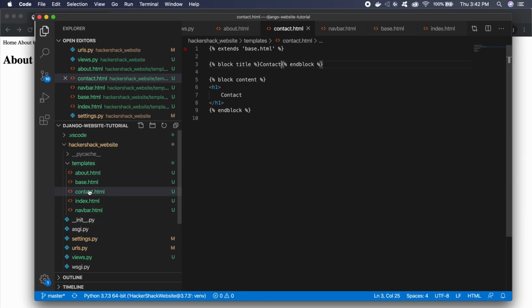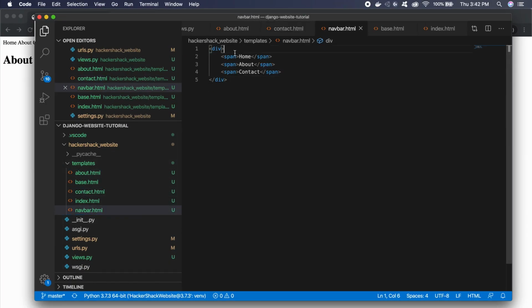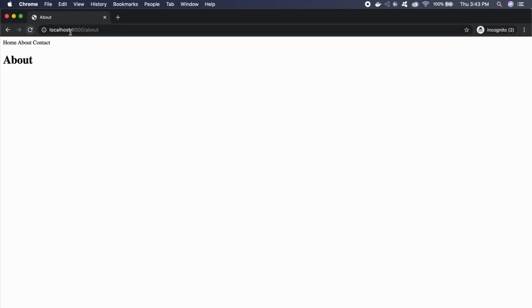and we can set up the links by going to the navbar. There are a couple things that we have to do in order to make these links work. First one is just create a link that points to the home page. And to do that, I can add an anchor tag and set the href to the home page. Now I can do this, which, slash, which is a relative URL, and it would navigate to the home page. So let me just demonstrate that. So if I go refresh this, I can click on home and it would bring me back to the home